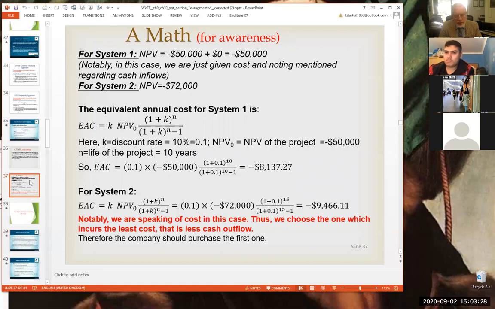When we're looking at differences in life for projects, we've talked about that with annual equivalent NPV and the lowest common multiple approach. If we have a difference in magnitude and scale, we use the Profitability Index. If I've got the 1 mil project and I have to tie up $1 million worth of assets to do that, then I can work out the Profitability Index, which is dividing the net present value by the cost of the project.